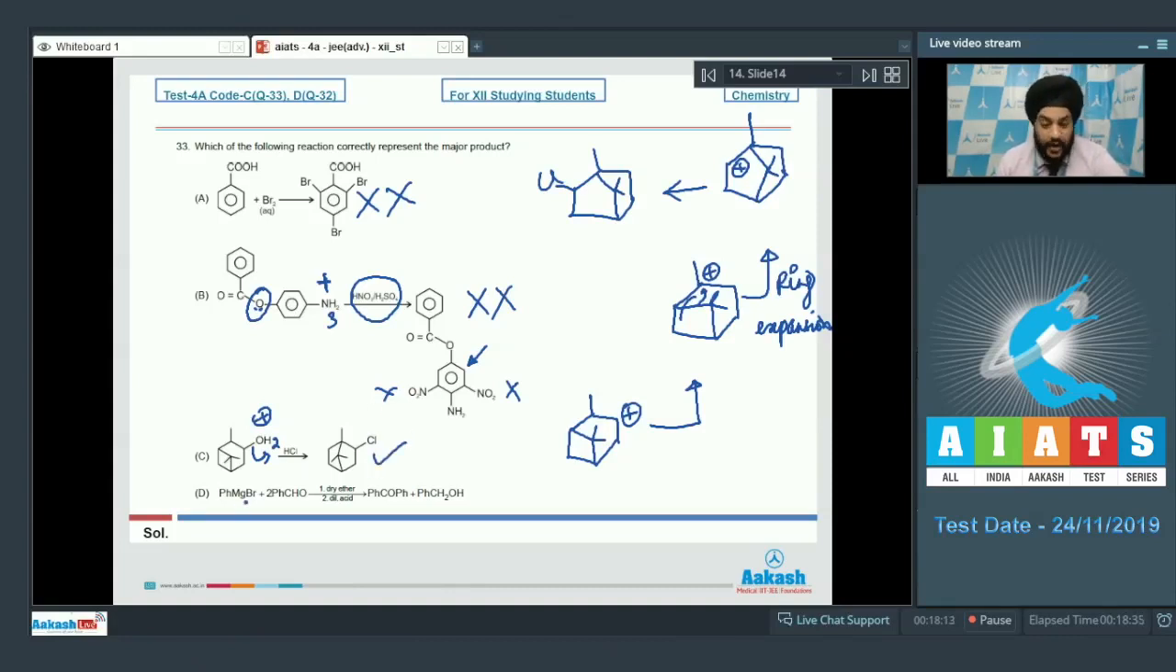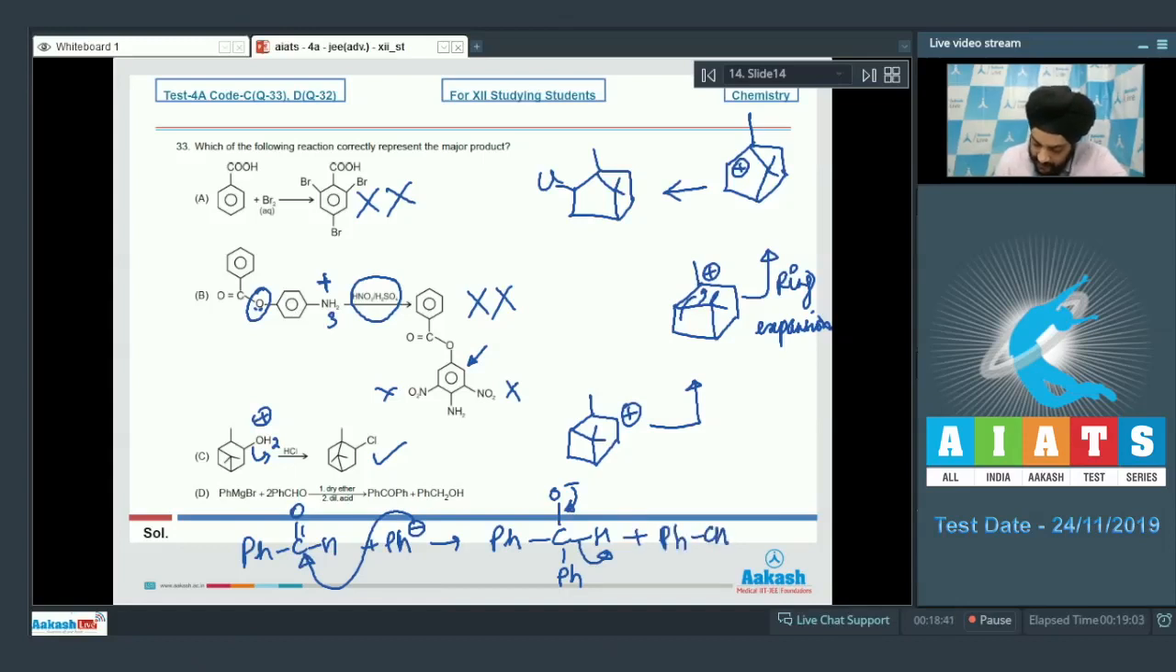If you talk about the last reaction now, we have PhMgBr reacting with 2 moles of PhCHO. Okay, so we have benzaldehyde reacting with Ph negative. Students, the Ph negative is going to attack the carbonyl carbon. It is going to lead to the formation of the alkoxide. Okay, and now this negative charge over oxygen will come back and make this hydride leave. So this hydride ion is going to attack another PhCHO molecule and lead to the formation of